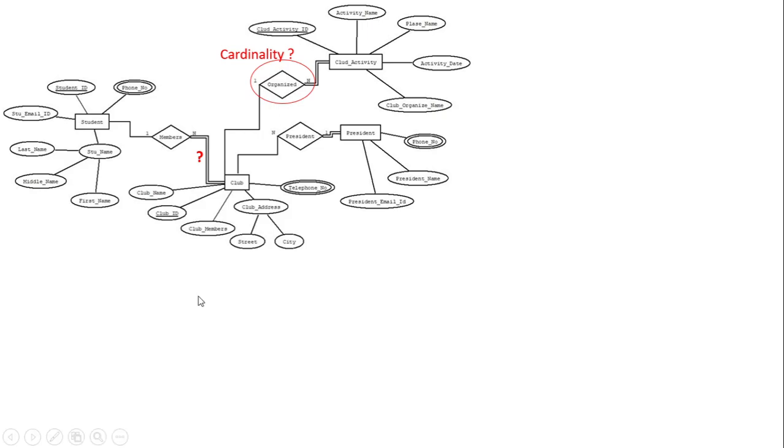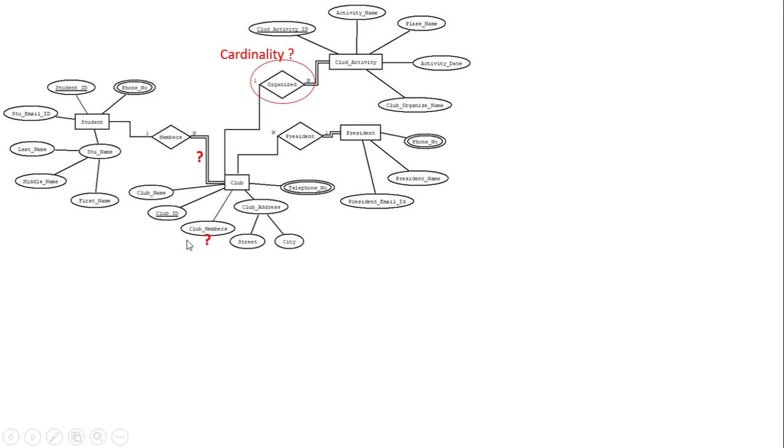Okay, so no need that the club must participate in at least one of the relationships in this member relationship set. It may happen that club is started but there is no member, right? So if this is the case, then we must say that this is not total participation, but it should be a partial participation.